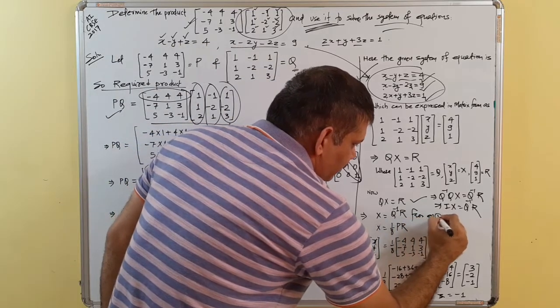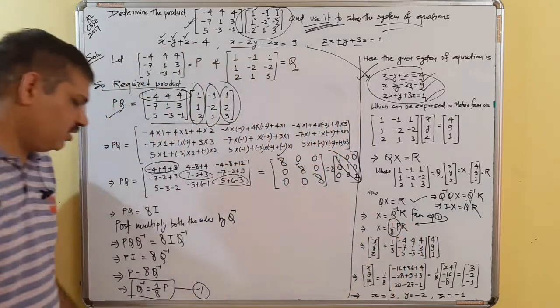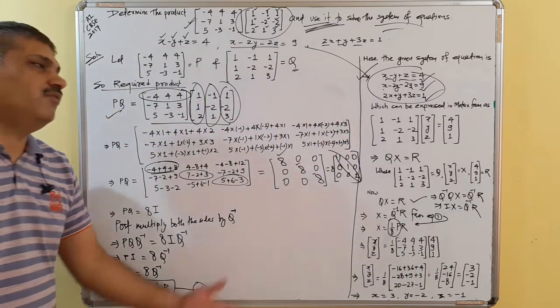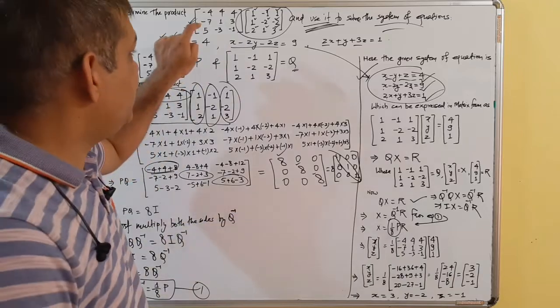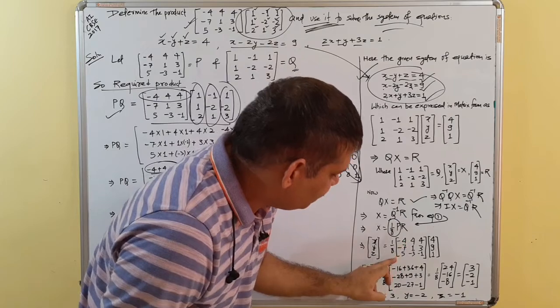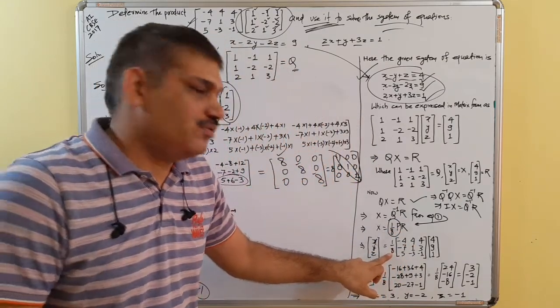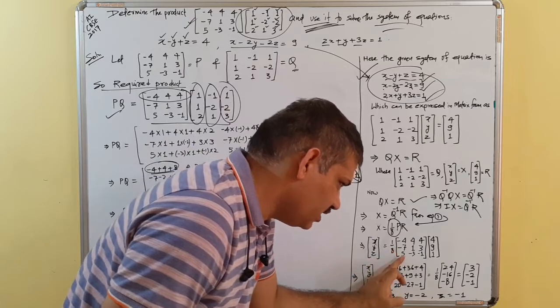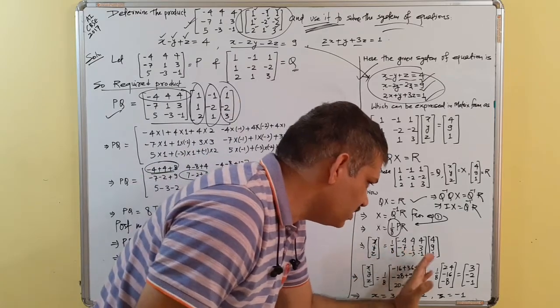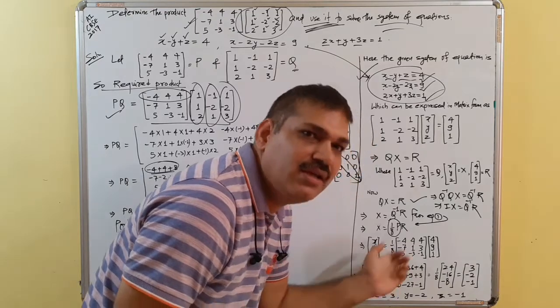From equation 1, Q inverse is 1 by 8 times of P. We'll put the value of P; P is this, we have taken this as P. So we have put the value of P, 1 by 8 times of P, and as usual we do not divide by 8 in this step. We first multiply these two matrices and the final result is then divided by 8.